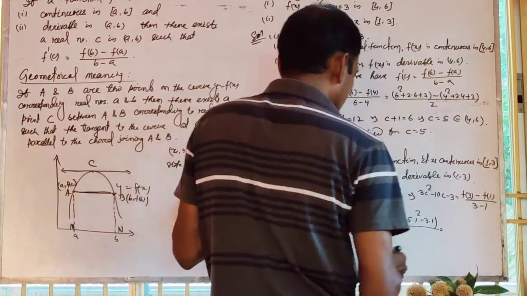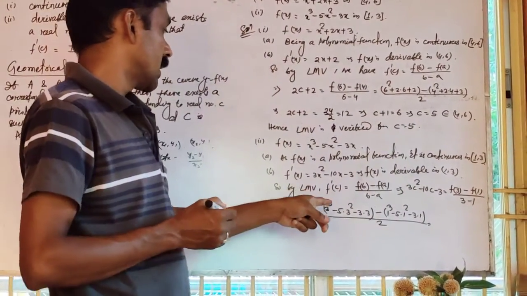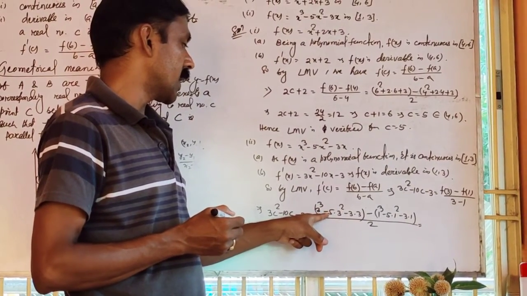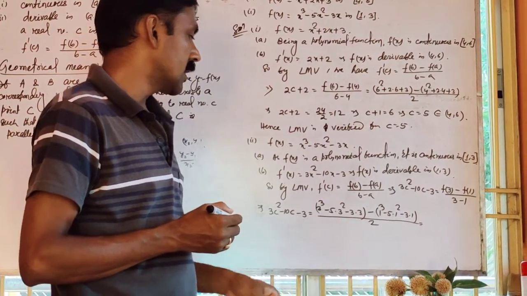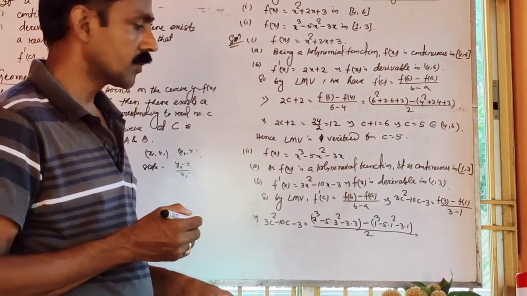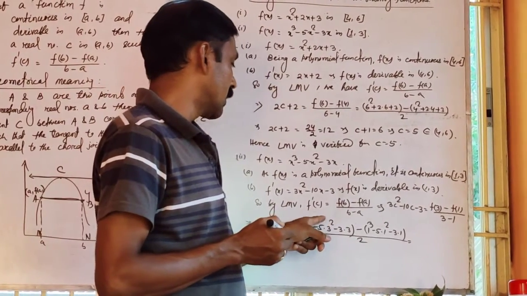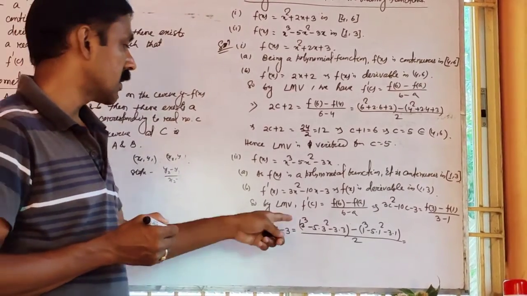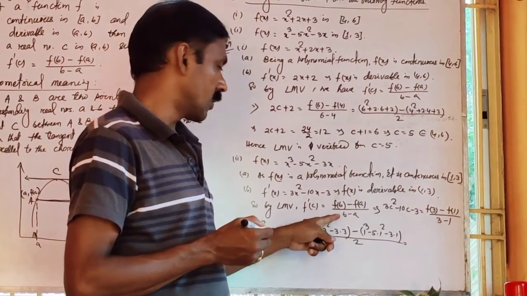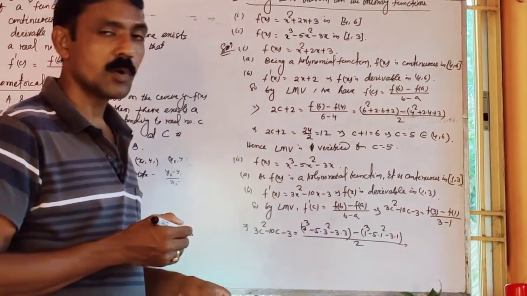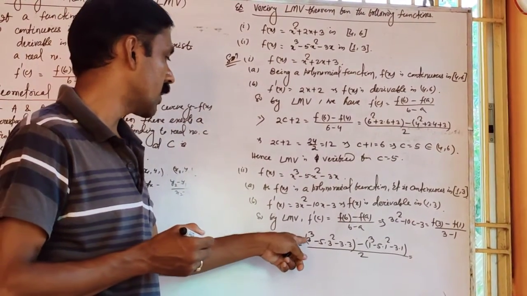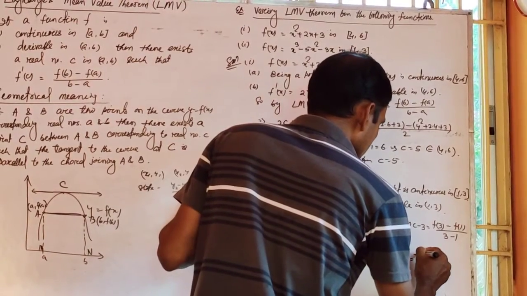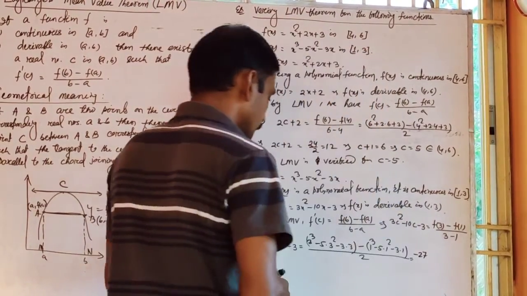Okay, this equal to, this is how much? This is 3 3s are 9, 9 5s are 45 and 3 3s are 9. Okay, so minus 45 minus 9, how much? Minus 54. 45 plus 9, 54, minus 54 and this is plus 27. So it is minus 27. Clear?